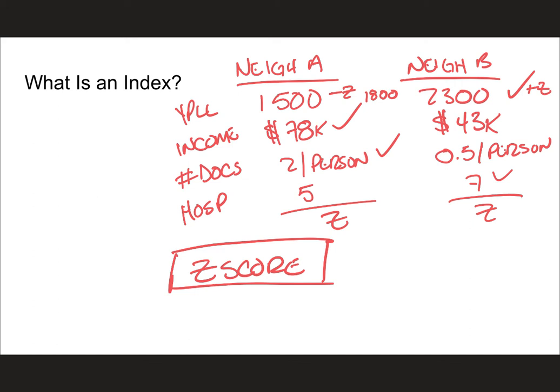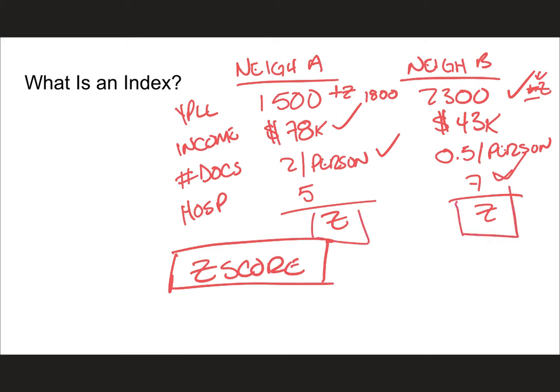Because as you can see, if you have a higher than average years of potential life lost, that's something you need to take into consideration. Is this good or bad? So years of potential life lost is bad, right? Having more of them is bad. So you might want to flip the number on the Z here to a negative Z, and this one to a positive Z. So at the end, when you put them together, if it's a bad thing, then your Z-score is lower. If it's a good thing, your Z-score is higher. But anyways, you add them all up at the end, and you come up with a Z-score, and